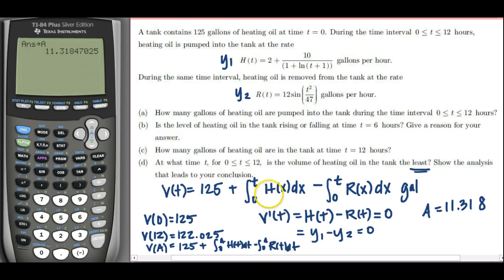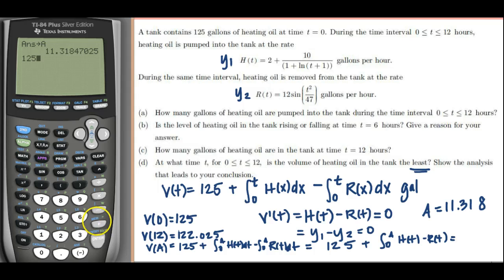But how we calculate this is how we calculated the time 12 hours in part C. We enter the whole thing into the graphing calculator all at once. Just to show you another kind of cool thing we can do, these two integrals, by our properties of definite integrals, can be thought of as the integral from 0 to A of h of t minus r of t. Well, we called that in our calculator y3. So I'm saying that so that right now when I enter in my integral, it'll be a little bit faster